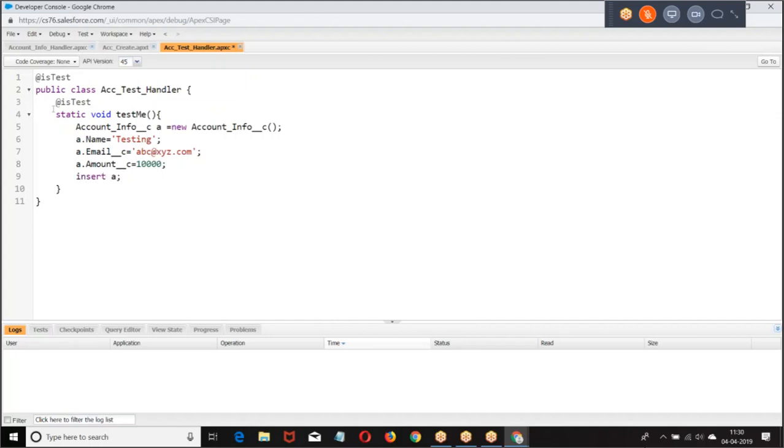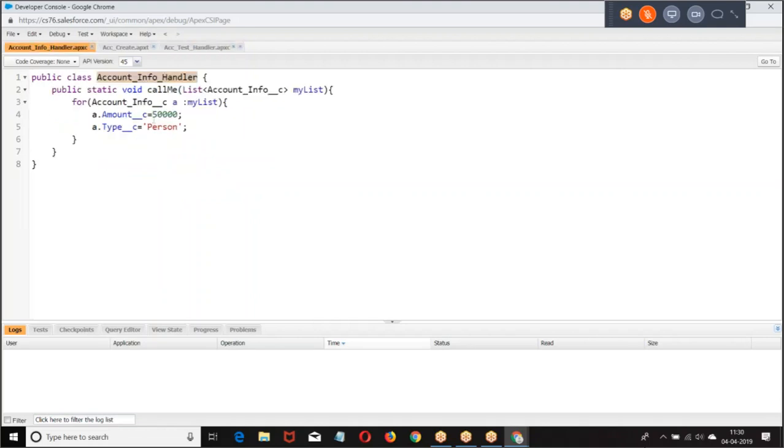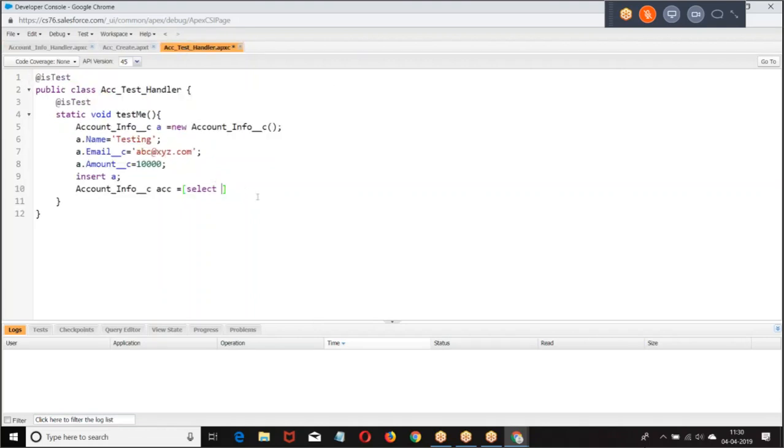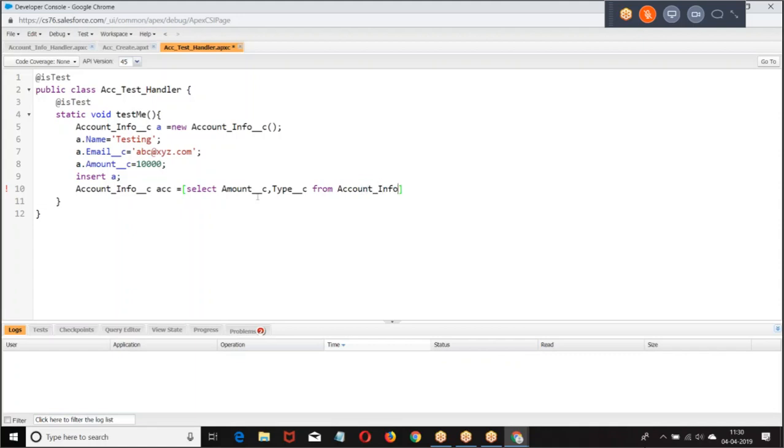When I inserted the record, if the trigger is working fine, what will happen? The value of amount should be set as 50,000. Type should be set as person. Then what we are doing?